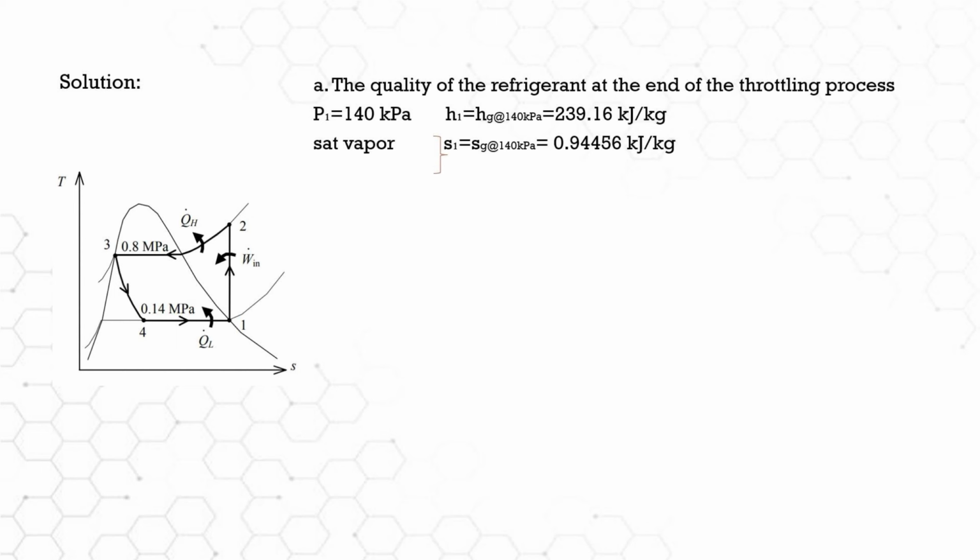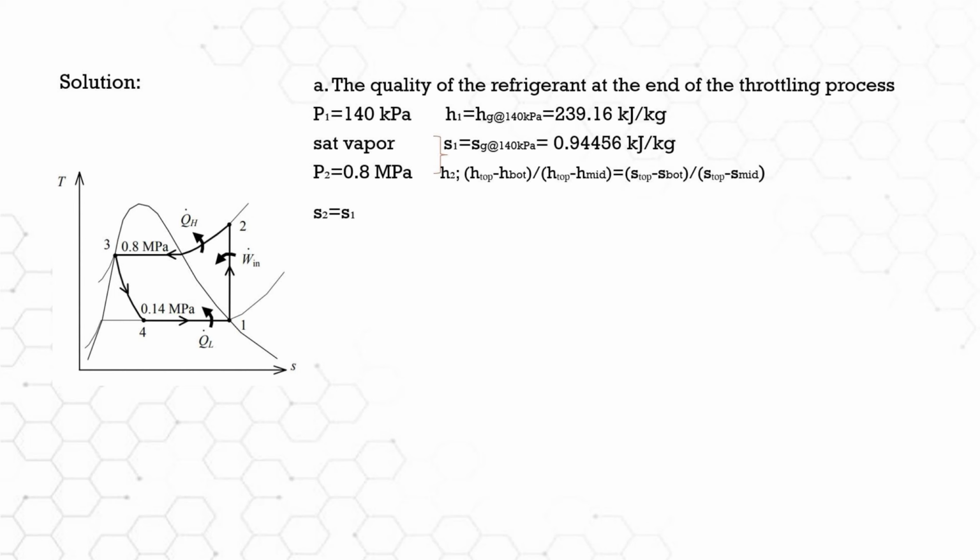At state 2, the pressure is 800 kilopascals, which is equal to 0.8 megapascals, and the entropy at state 1 and state 2 are equal. By using the property of 0.8 megapascals in Table A-13, we can interpolate to determine the